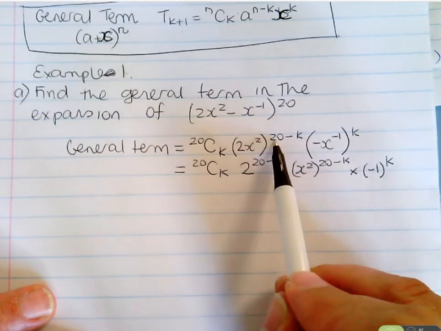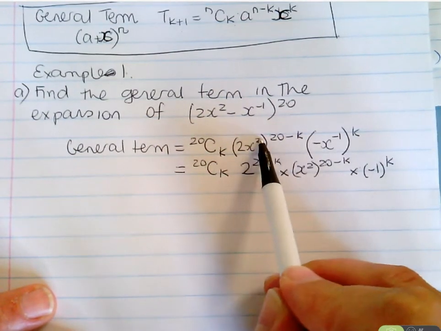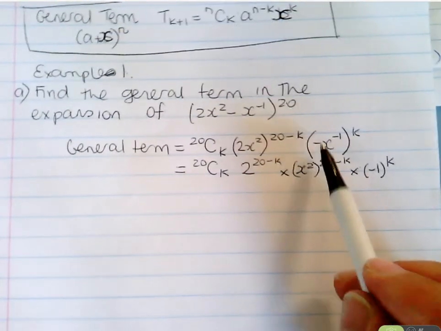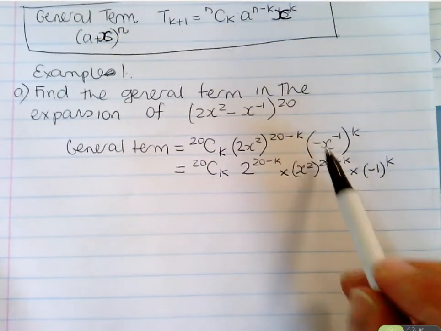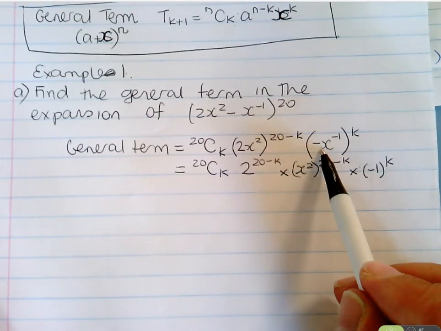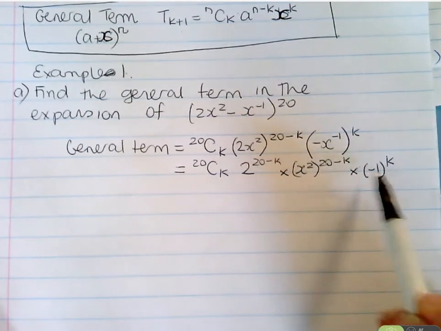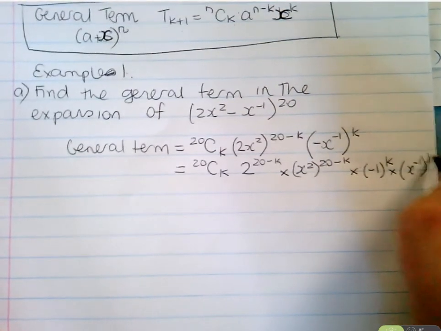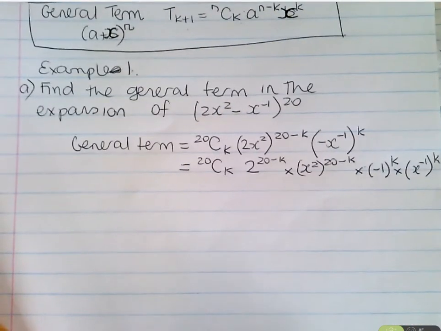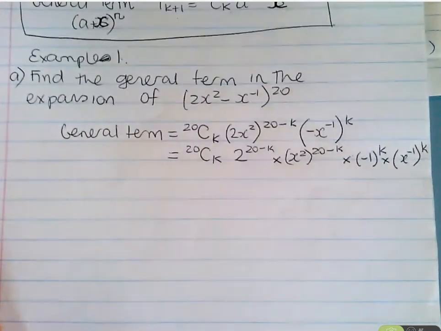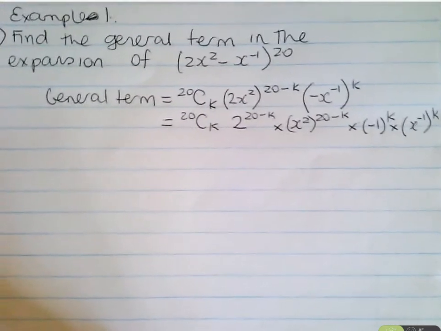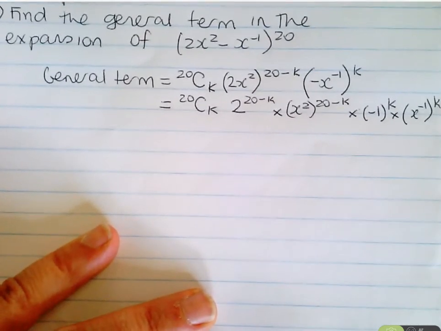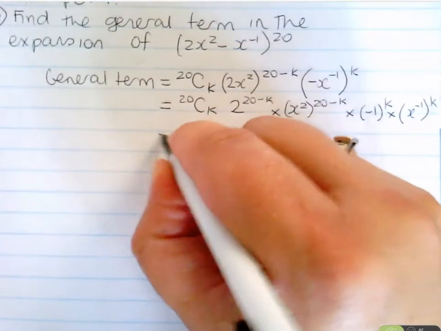Okay, so notice how I've done the coefficient of the x squared. I've gone 2 to the power of 20 minus k times (x^2) to the power of 20 minus k. I'm going to do the same thing here. I don't want negative x to the power of negative k. The negative 1 is the coefficient of that x to the minus 1. So I want (-1) to the power of k times (x^-1) to the power of k. So I'm breaking those up. Do you need it bigger? I can't really go much bigger than that. Okay, which is equal to